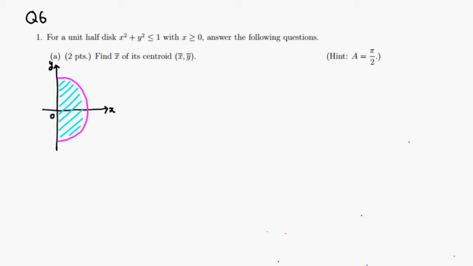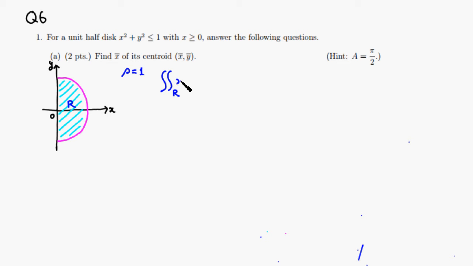Remember that since we're looking at the centroid, the density is going to be a constant, but better yet, any constant would work. So I will just think of rho as 1. Then we know that if you take the double integral over this region, I'm going to call this R,